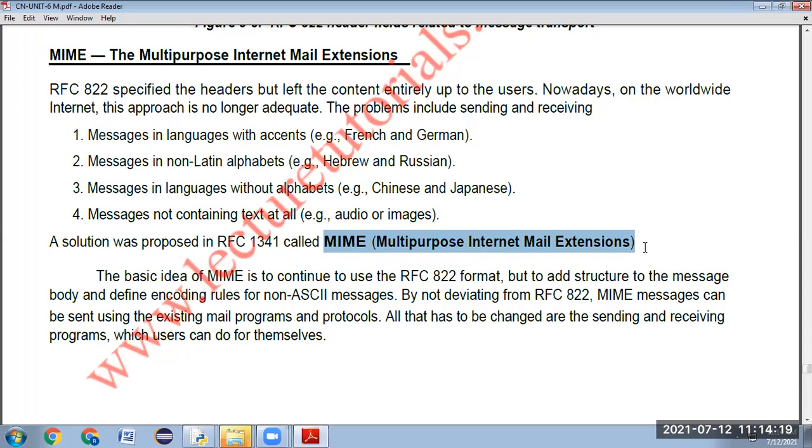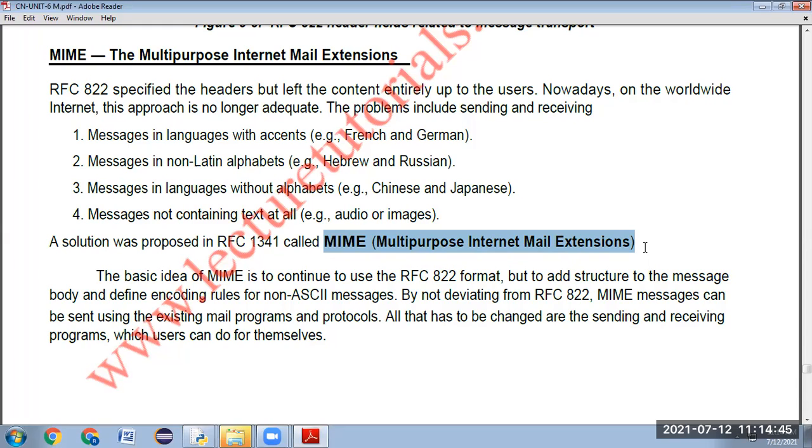We can type messages in our own language accents like French, Japanese, or Hindi. We can type messages in non-Latin alphabets like Hebrew or Russian. We can type messages in languages which do not contain alphabets at all, like Chinese or Japanese. We can send messages which do not contain any text at all, like audio messages or images.